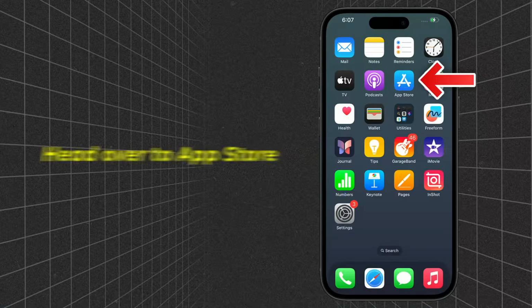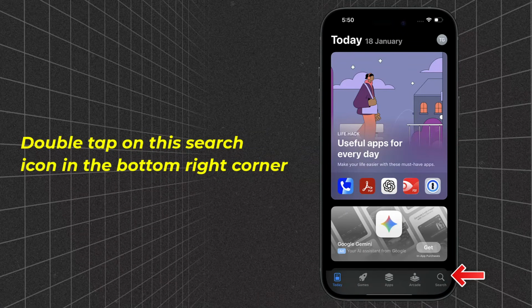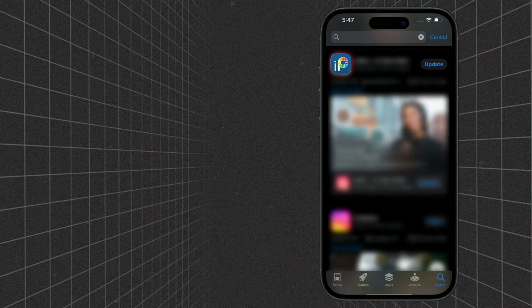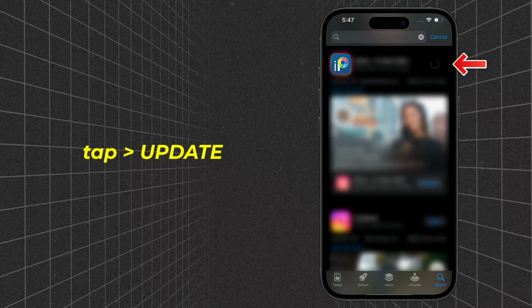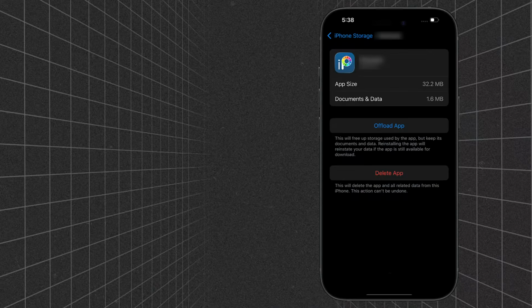older version. Head over to the App Store. From here, double tap on the search icon in the bottom right corner, and then search for the app. Once the app comes up in the search result, and if you see this Update button right next to the app, simply tap on it to make sure you're running the latest version of the app. However, if you continue to encounter this issue, then you will need to completely reinstall the app, which usually resolves